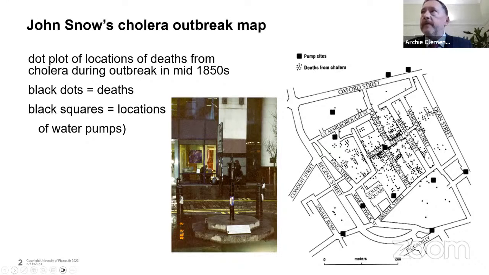And here we can see one of those maps that he produced. So the little dots are the cholera cases and the black squares are the pump sites. And you can see that they're clustered around a particular pump in Broad Street, London. And he convinced the authorities to remove the handles from the wells that were managed by this company. And that coincided with the end of the cholera epidemic, although arguably it was already in decline because people were so terrified by cholera in London at the time that they were all leaving the area.